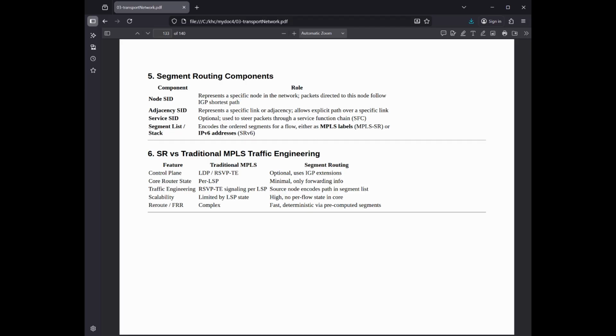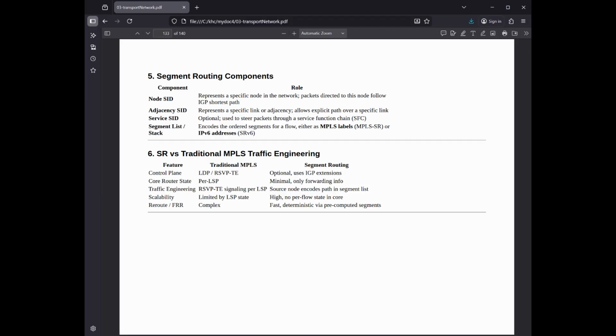SR versus traditional MPLS traffic engineering. Comparing segment routing, SR, with traditional MPLS traffic engineering, MPLS-TE, highlights a major shift from stateful networks to stateless ones. While both technologies aim to steer traffic along paths other than the standard shortest path, they go about it in fundamentally different ways. Key comparison matrix. Feature: traditional MPLS-TE (RSVP-TE), segment routing (SR-TE). Control: RSVP-TE, complex signaling; IGP extensions, OSPF/ISIS,